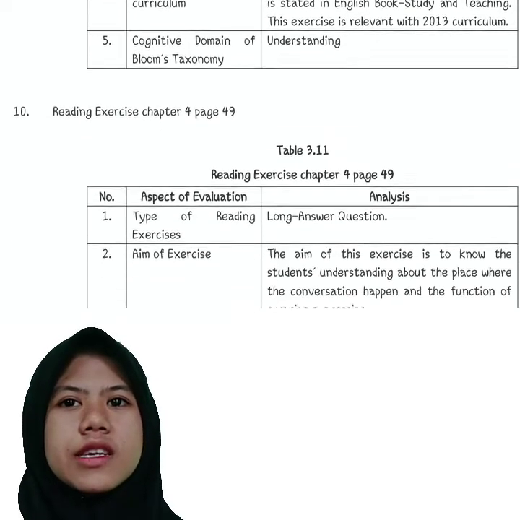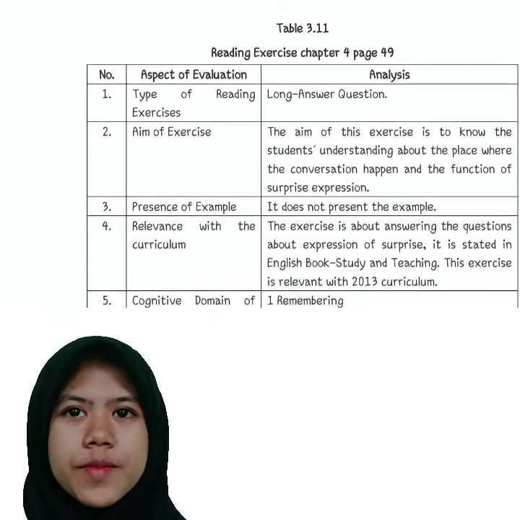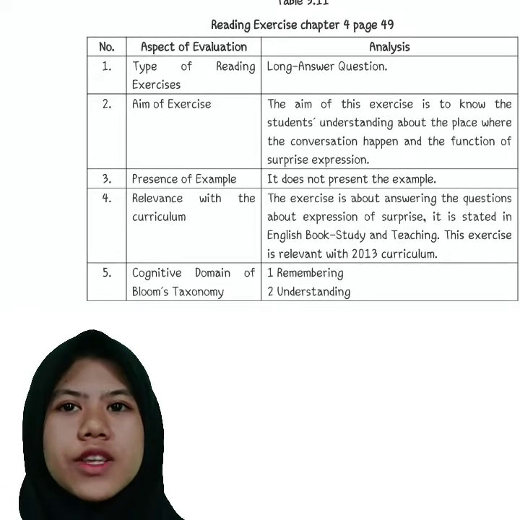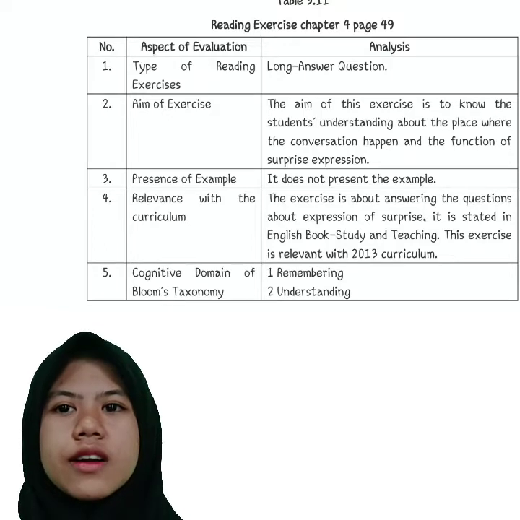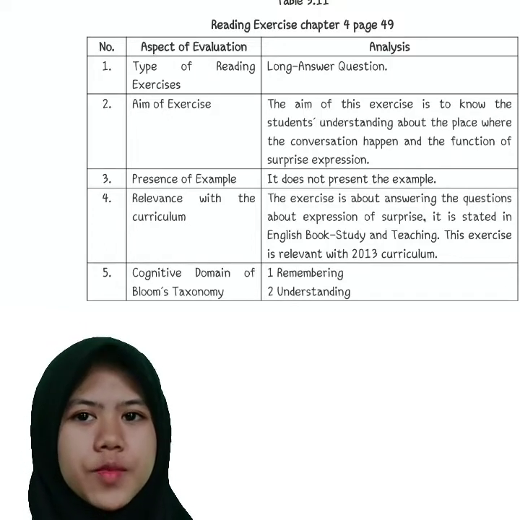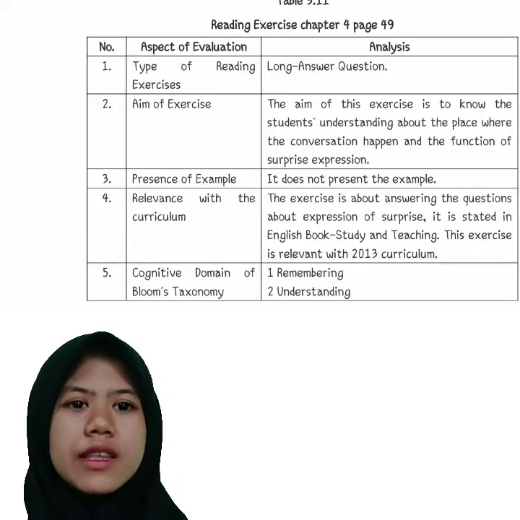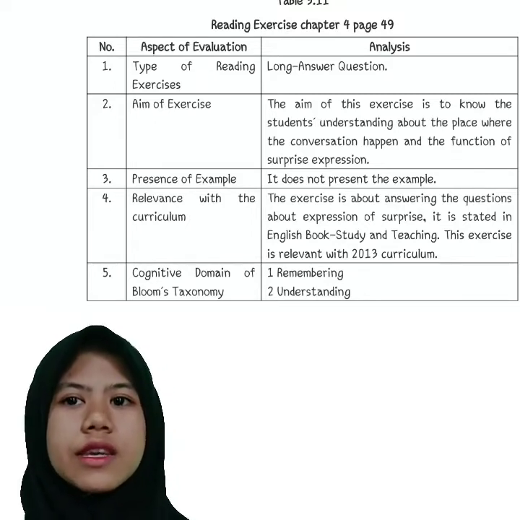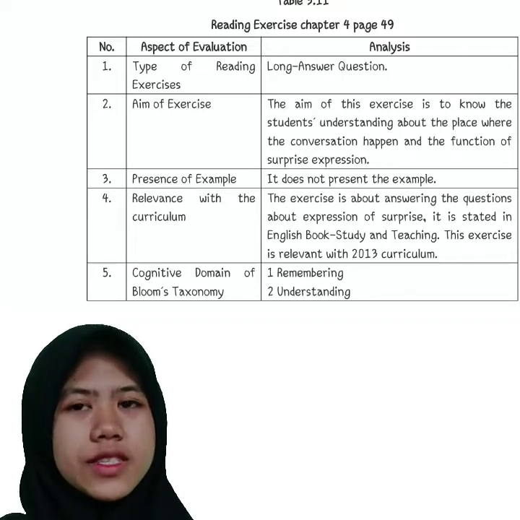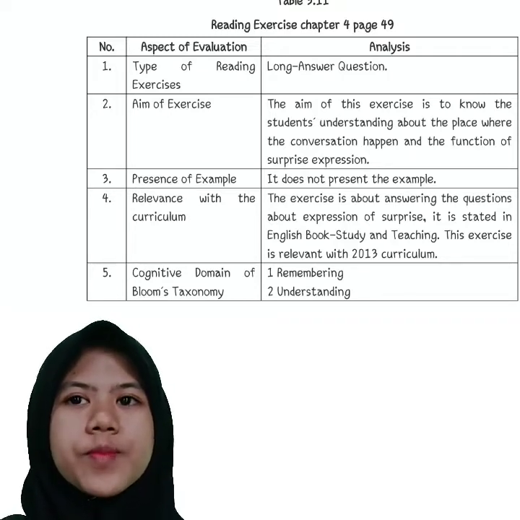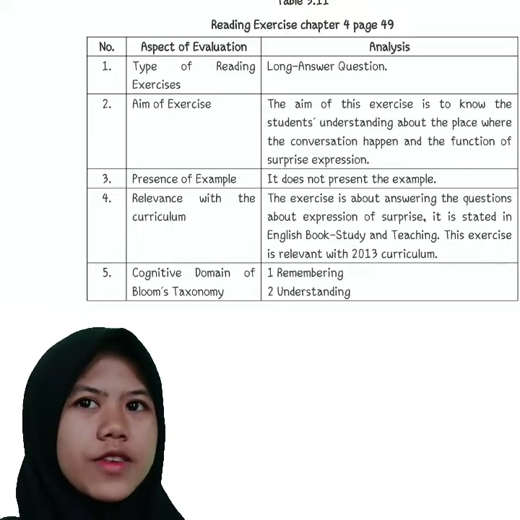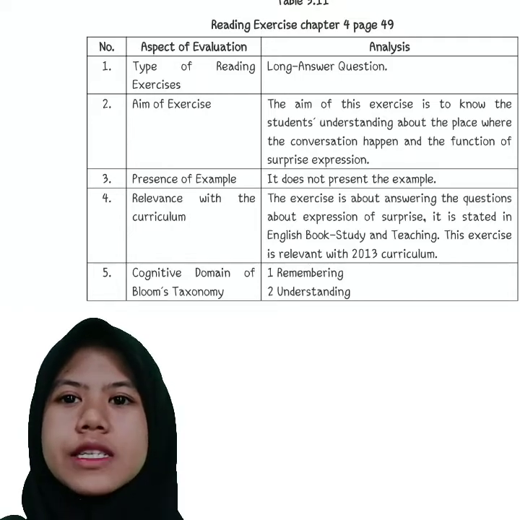Okay, the next is chapter 4, page 49. It is included in the long answer question, and then the cognitive domain here, number 1 is in remembering, and number 2 is in understanding. So you all can see the distribution of the reading exercises on the paper, or you can see it in the background of my video. The next is